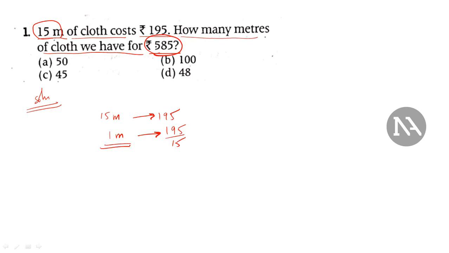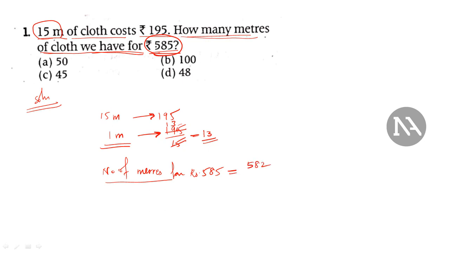So this is the unit quantity, right? If we divide, 1 15s are 15, and 1 15s are 15, remainder is 4, so it is 45. So 3 15s are 45, right? So now we have to find out how many meters of cloth we can have for 585. So the number of meters for rupees 585 is